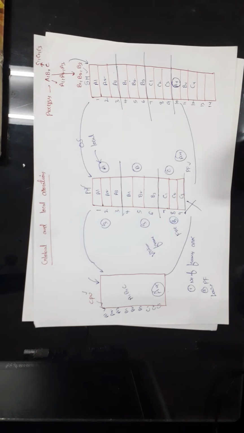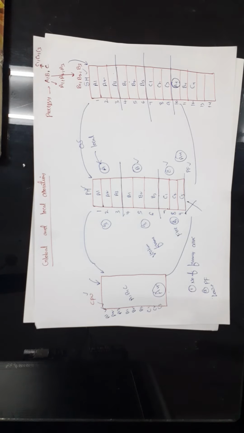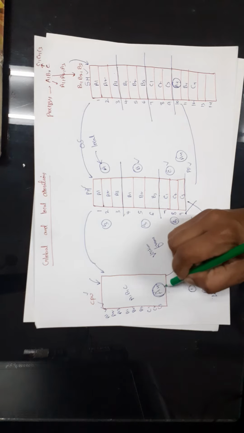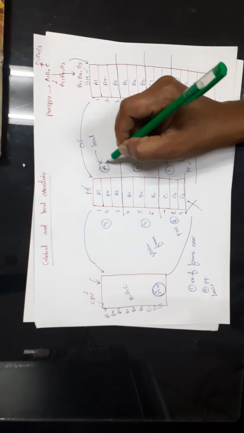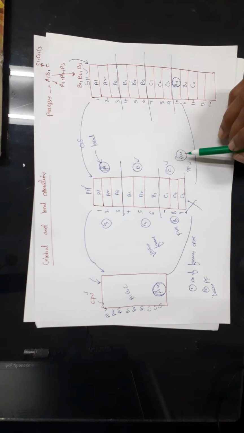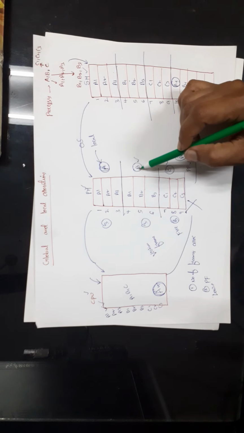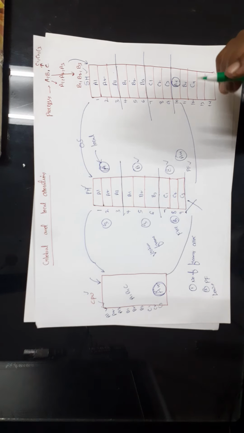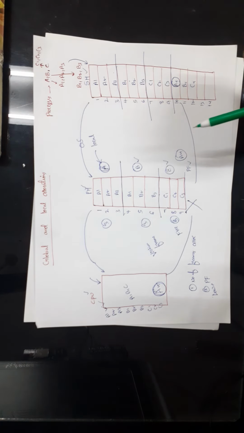If we choose the victim frame from B or C, then it is called global allocation. Because here the CPU has made a request for process A data. So if you deallocate memory space of process A data, then it is called local allocation. If we choose the victim frame from B process or C process, then it is called global allocation. Okay. So that is the difference between local and global allocation.